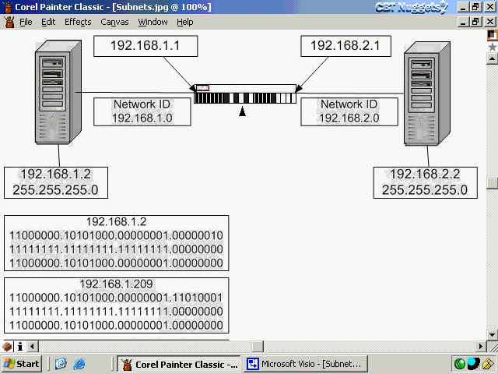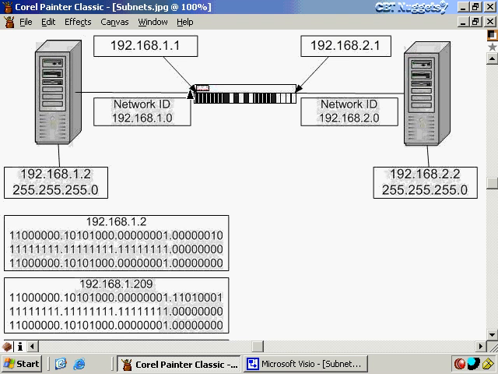So if that router knows about this network over here, then it will say, oh, I know who you're looking for. You're looking for someone on this network. It'll send it out of this port and allow it to broadcast here. And the way this original host knows whether or not to send it to its own broadcast domain or to send it to this interface on the router, the default gateway, is by using something called the ANDing process with